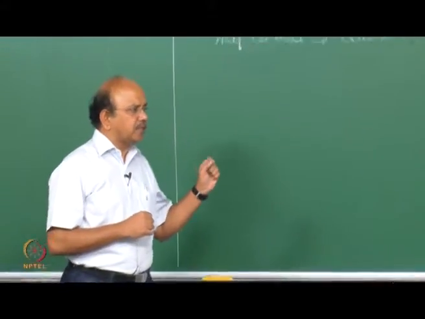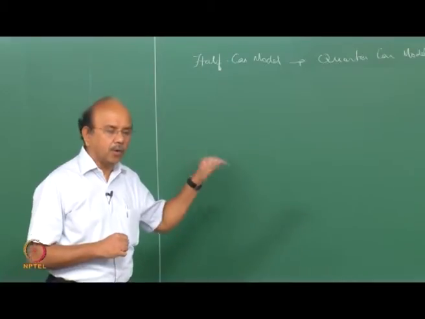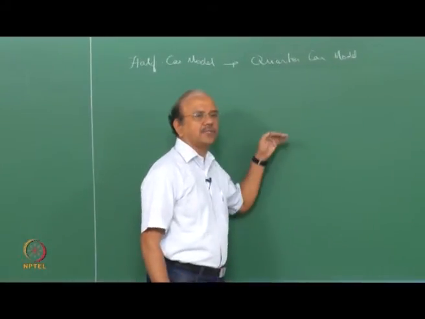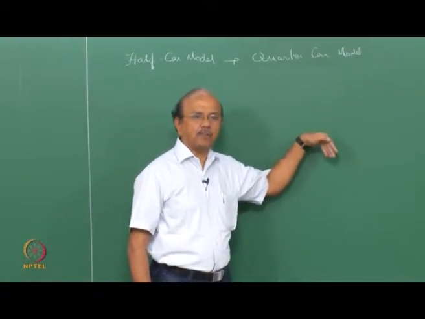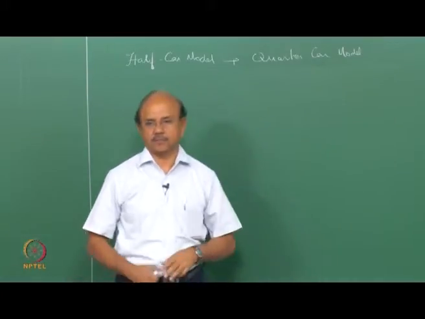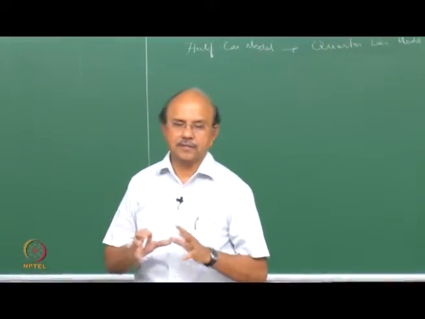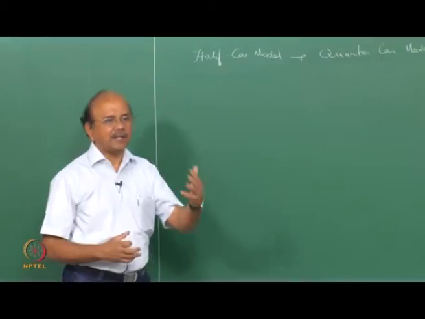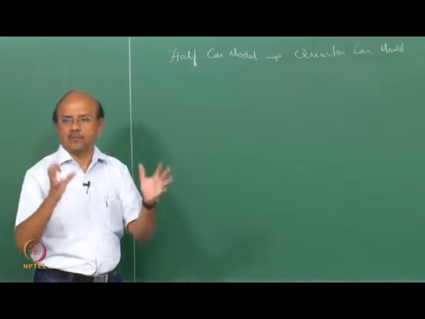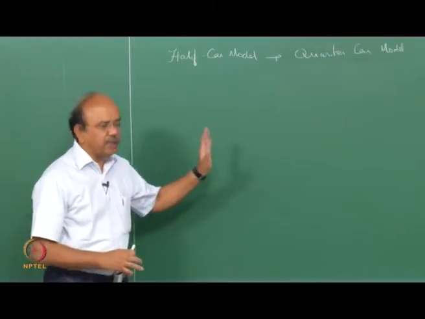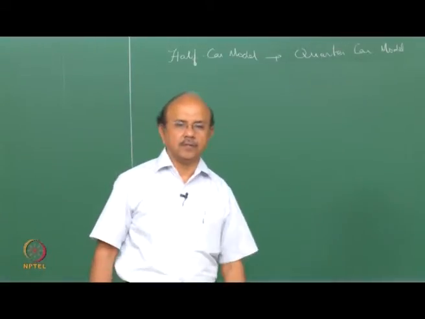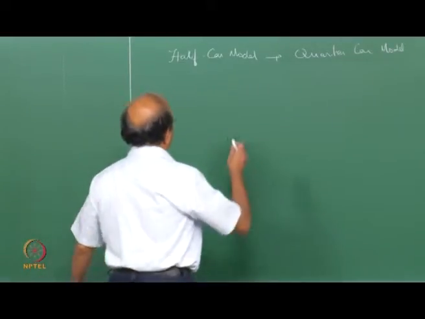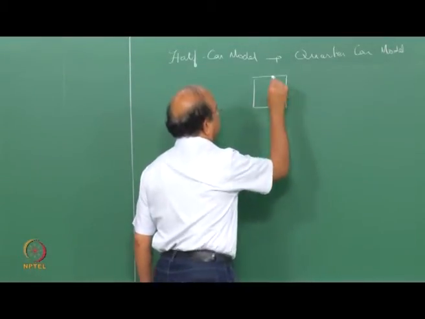In actuality, we have to consider the road, which gives the input, how the road is represented, how that goes as an input. All those things are important, and we're going to see that from the next class onwards. Next 4 to 5 classes, we will understand the road, the statistical nature of the road, how the road is represented, how that affects the performance of the vehicle. So we'll quickly finish some of the things that we want to do in the quarter car model, and then we will go to the half car model and finish that part as well. I hope we'll be able to complete it, or else maybe it will spill over.